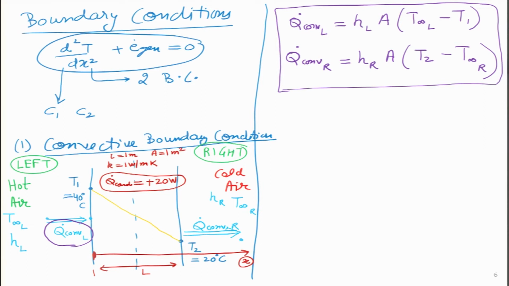Now, let me go ahead and try to write the conduction equation at this particular interface. What will happen over here, and then we will do the same thing on the right hand side, and these will give me two boundary conditions. Essentially boundary condition number 1 will be over here, at this particular point, and boundary condition number 2 will be over here at this particular plane. It need not be a point, it can be the whole plane. So BC1 is here and boundary condition 2 is over here. Let us first start with the left side convection,